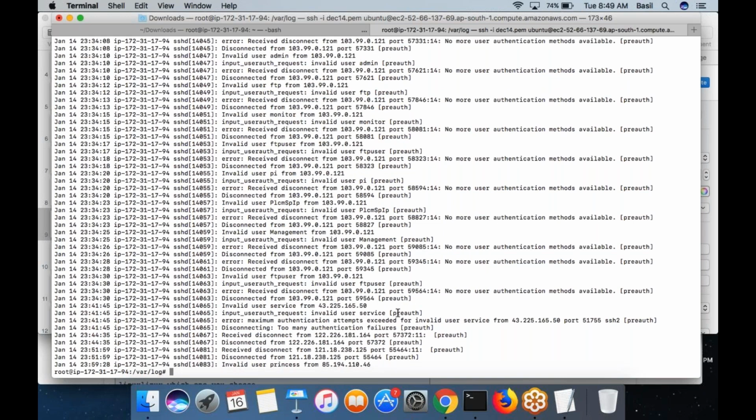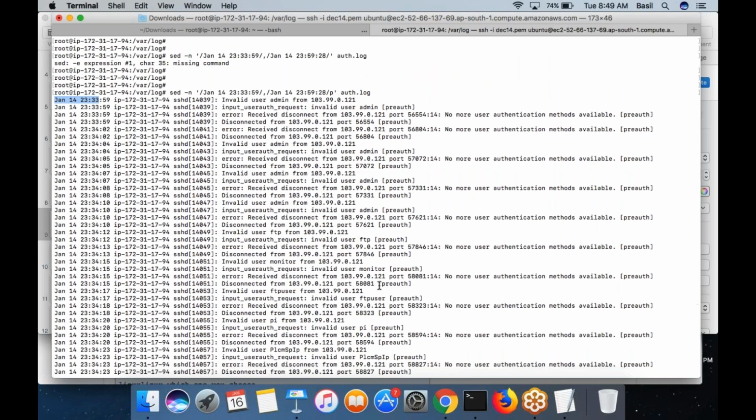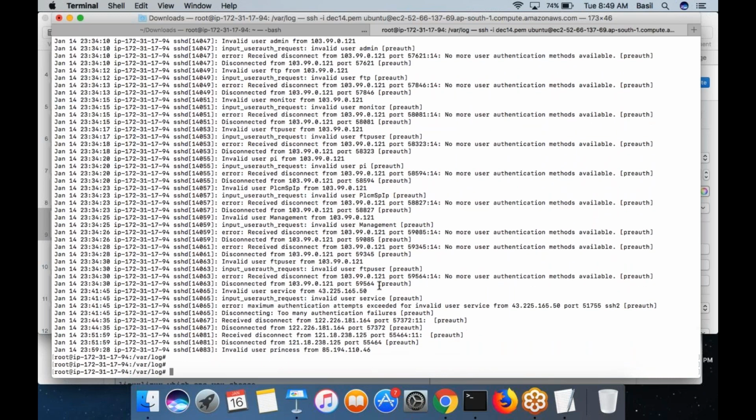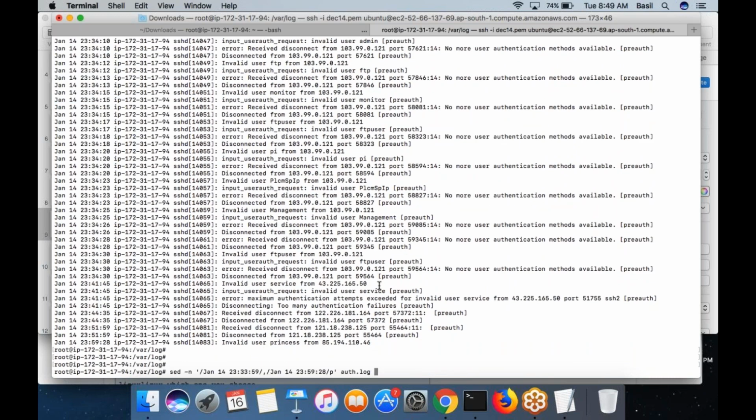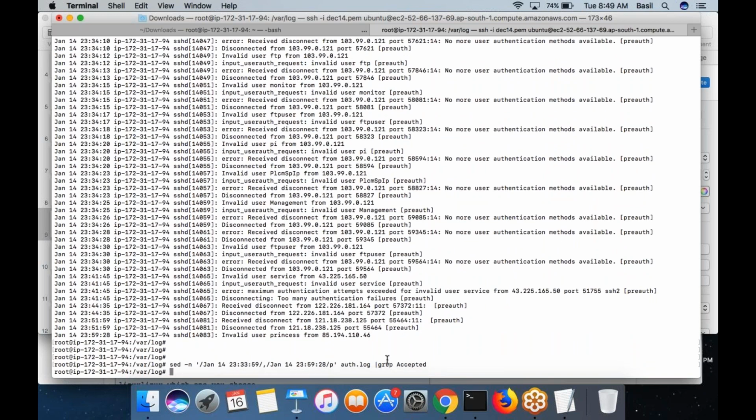This is how. Now let's say I also want to find out who successfully logged into the system. What can I do? Run this command. I got a lot of entries. Now you run the command grep accepted, which would show you any lines that contain this keyword accepted. There are absolutely no lines, which means that nobody logged in between this time.